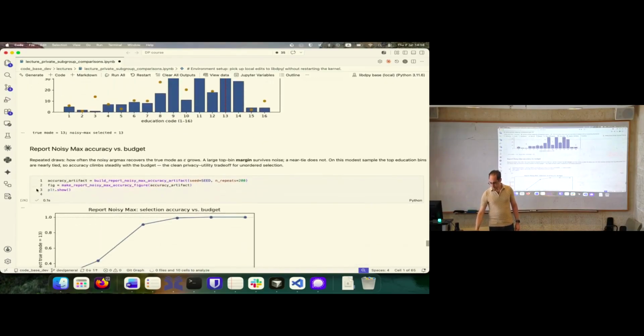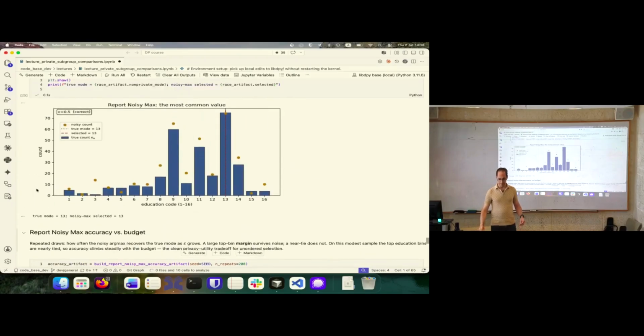So what's interesting about report noisy max is two things. One is, hey, sensitivity looks terrible, but then it's not. But also accuracy, somewhat like in the median case, has to be rewritten. Because if you require that accuracy will be that you will report the correct max, then you won't be able to do it if the second one is extremely close to the first one.